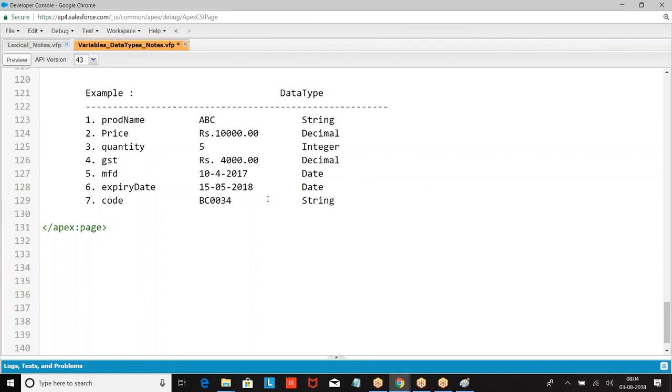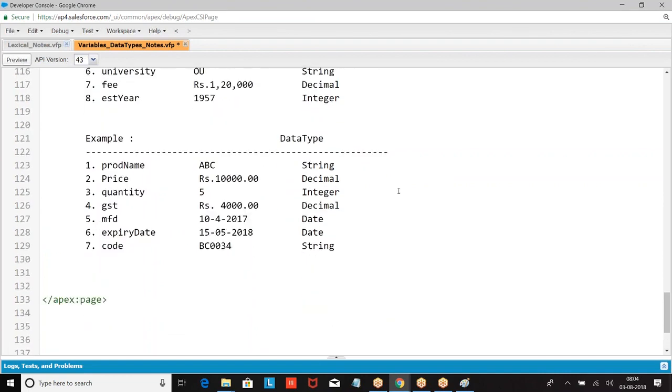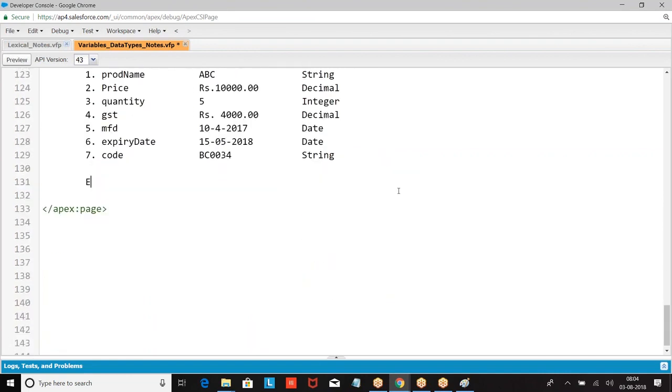Hello, Supesh. Yes. If you give the phone number 1234 like that, is it a string or integer? Integer. 10 digits. So we go for long. Not integer, we go for long. Okay.